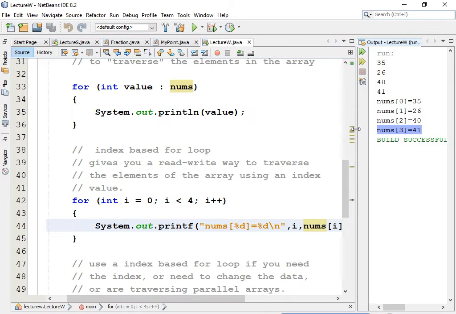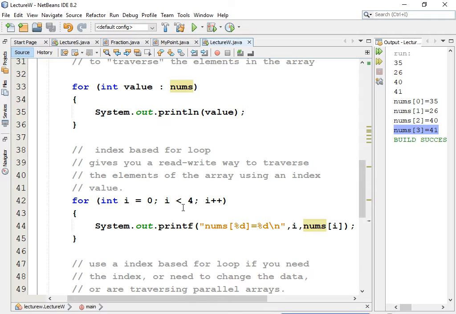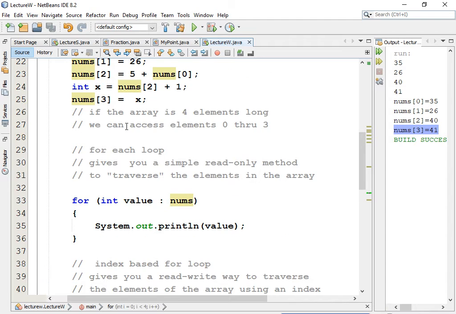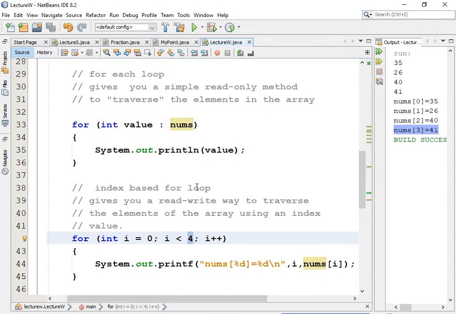Now what was that bit I was talking about, parallel arrays? Let's make a list of first names and last names. But we're going to do this correctly. You see I hard-coded this 4 here? Well, what if I went in and I changed this to a different length? I'd have to remember to come down here and change it here. That's lame. So I'm going to change that 4 to